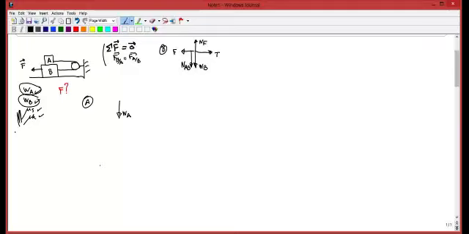Kinetic. Excellent. Be careful. Mu-K is not a friction. Mu-K is a coefficient. We're dealing with Fk. Keep that in mind. There is a difference between the two. Let's not mix up the two. So excellent. We're going to be dealing with Fk, which is mu-K N, and this little bugger is going to go